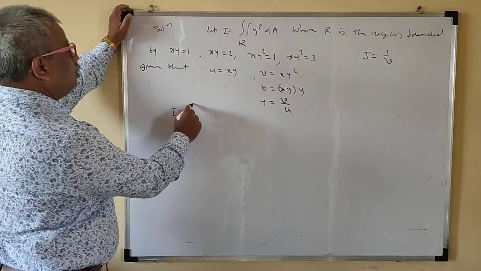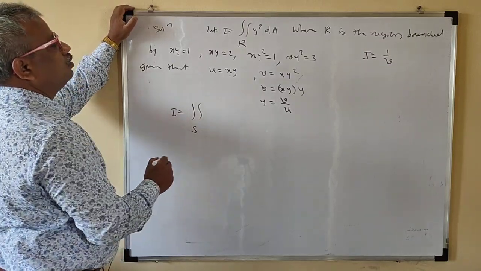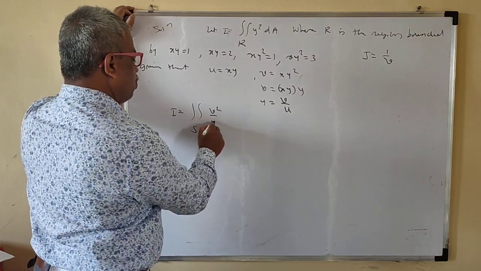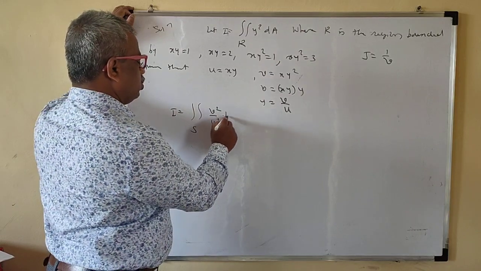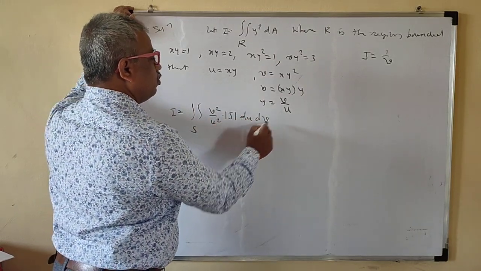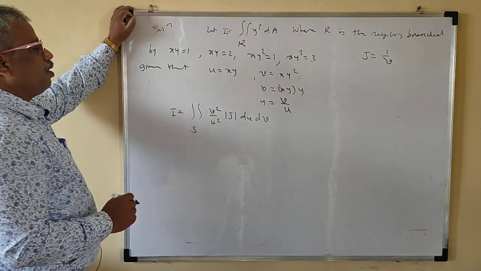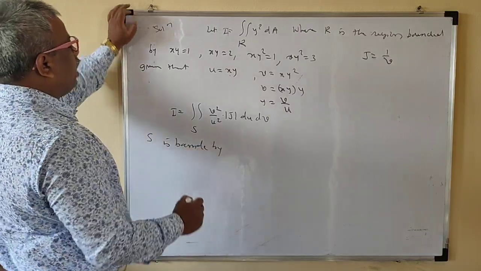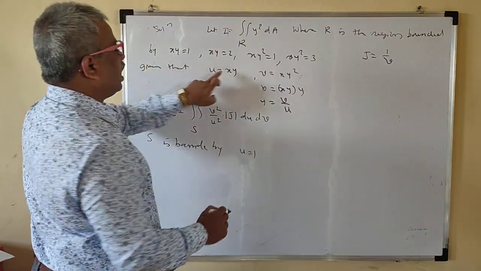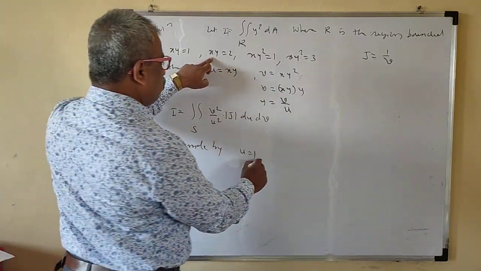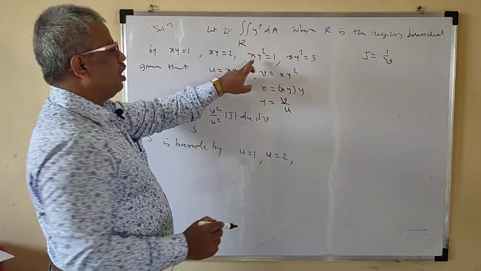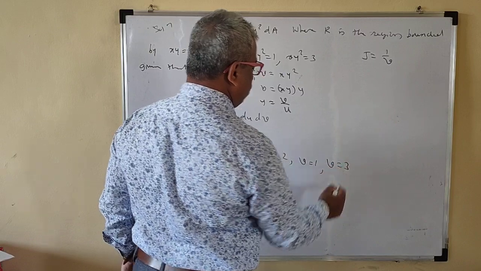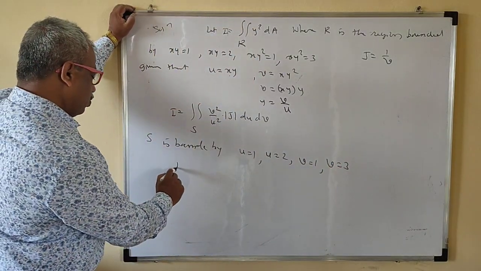Therefore I is the integration over S of y squared, and y is v squared upon u squared, times the Jacobian du dv. Your Jacobian is 1 upon v. S is bounded by: xy = 1 means u = 1; xy = 2 means u = 2; xy squared is v, so v = 3. Therefore I is equal to...